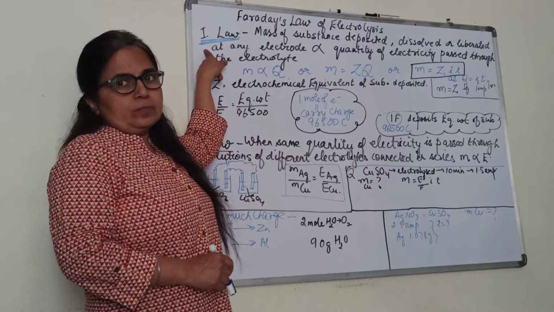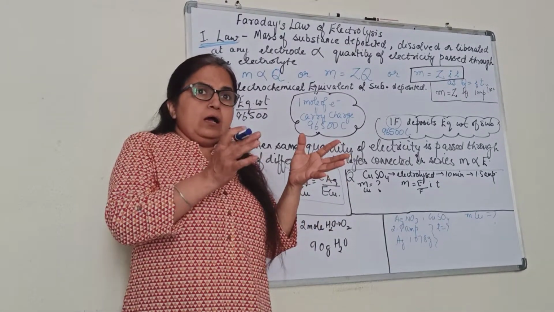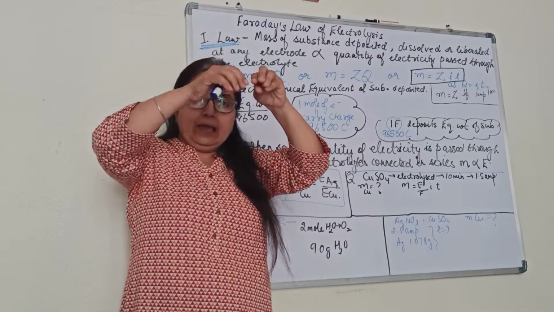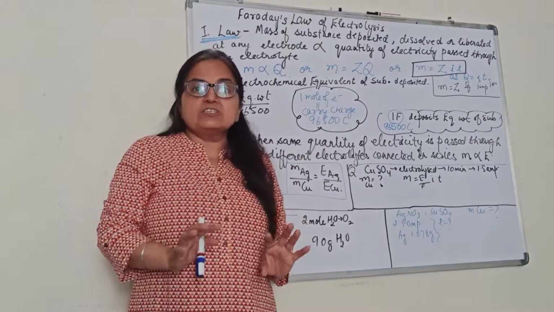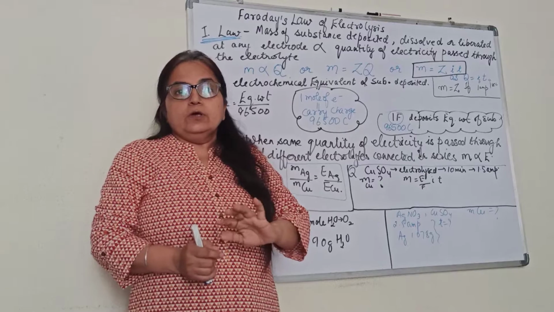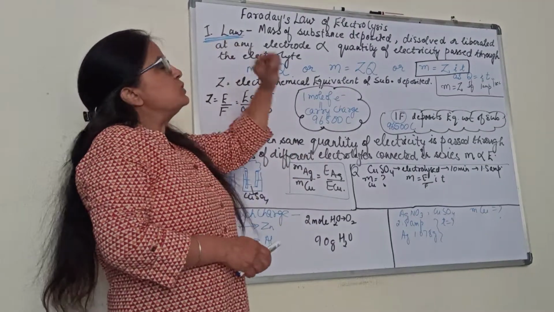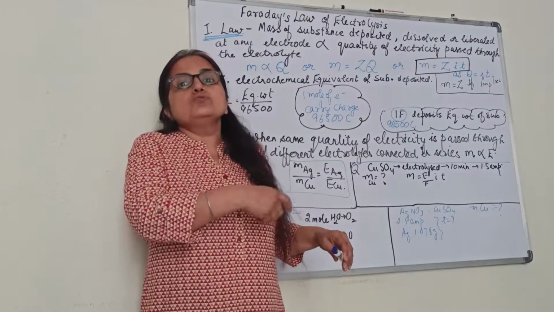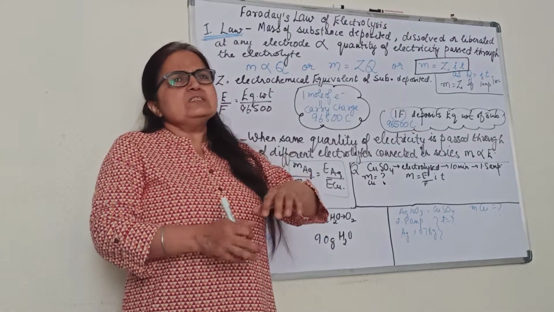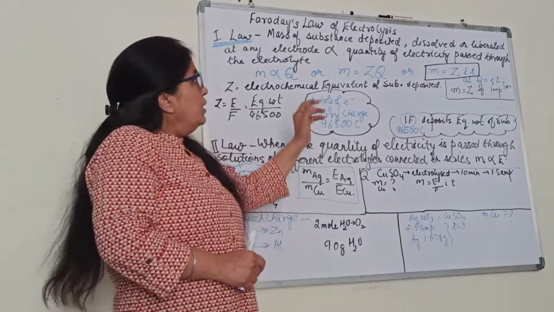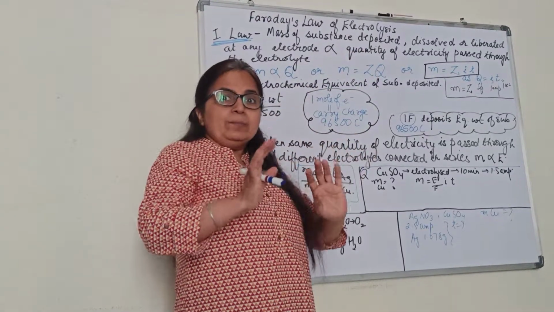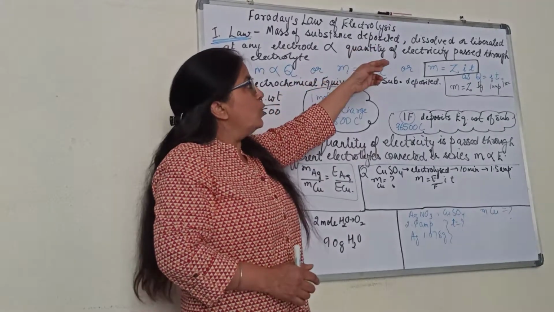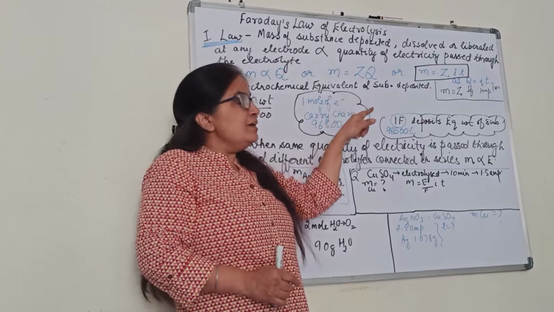The first law says, you remember what there was in electrolysis? There was a battery and then current was passed through it. Some reactions were happening at the cathode and anode. So on that basis, the first law says the mass of the substance deposited, dissolved or liberated depends on what type of reaction we are carrying out. Deposited is when, at one particular electrode, things get deposited. That is at the cathode. Getting dissolved is at the anode. Liberated is for the gases.